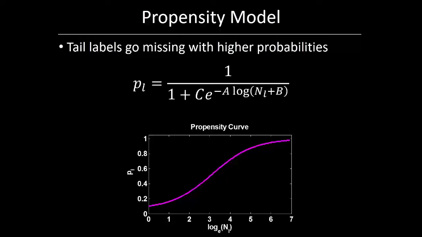And the first solution that we attempted is to propose a parametric sigmoidal model on a semi-log scale. So given a label L, which occurs NL times in the observed ground truth, its propensity PL can be modeled as a sigmoidal function of log NL with two dataset dependent hyperparameters A and B, and a constant C which gets frozen the moment you fix A and B. This model was born out of two observations. The first is that tail labels tend to go missing more frequently as compared to head labels. And that's because there are just so many of them, right? You tend to forget them very easily.